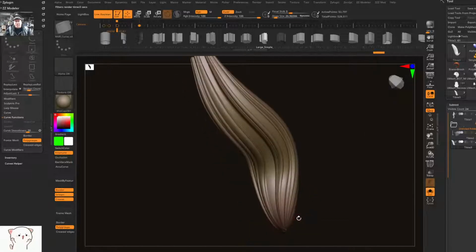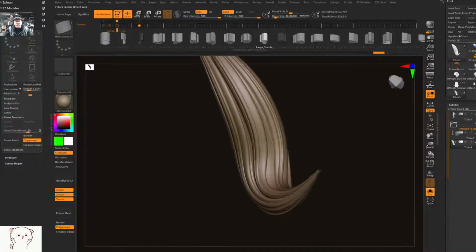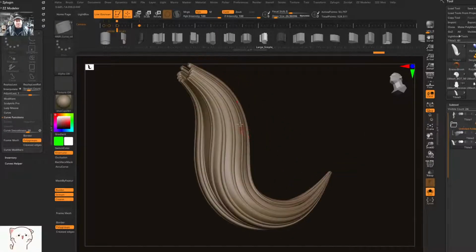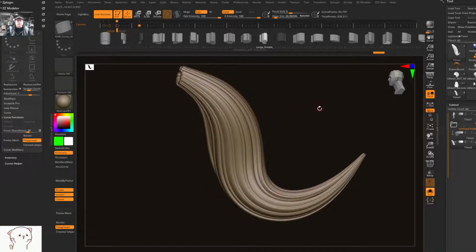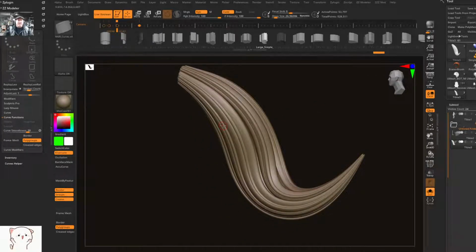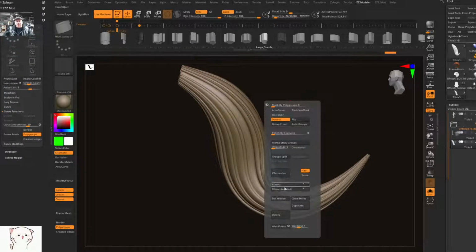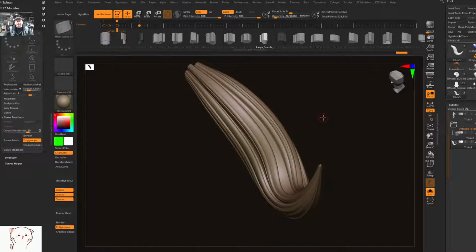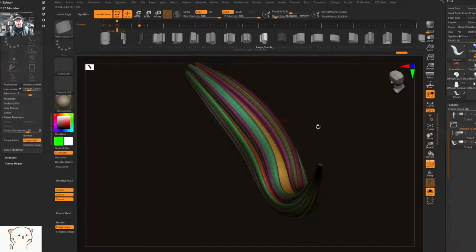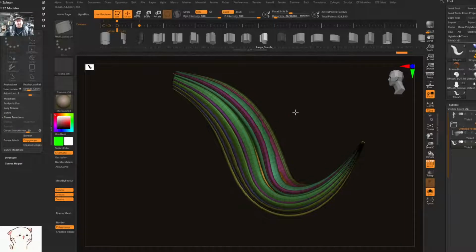Now, one of the things we're going to have to do is close the end of the core, and we're also going to have to pick and choose what we want to keep. So let's just say that this is the base for a volume of hair. So what I'm going to do right now is run auto groups. I'll run close holes,